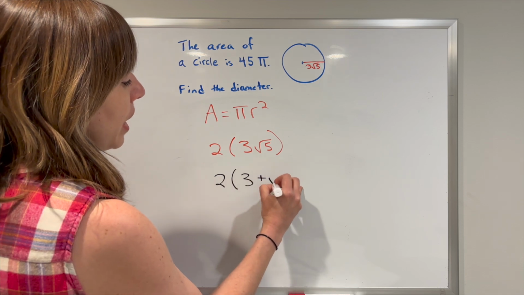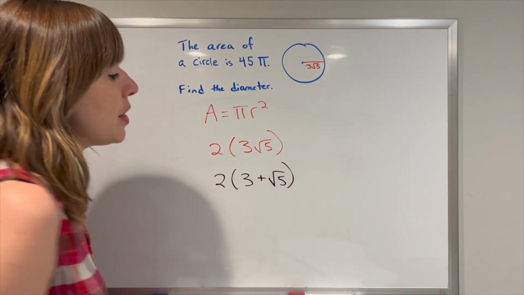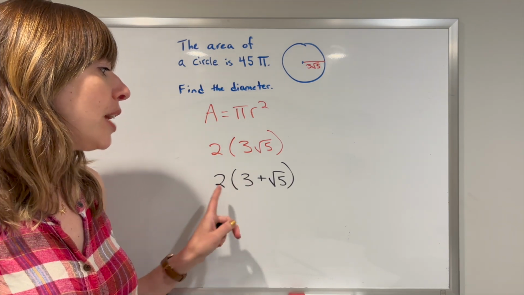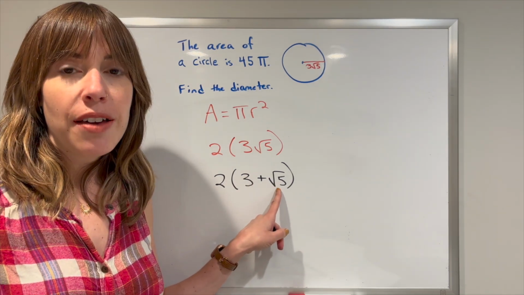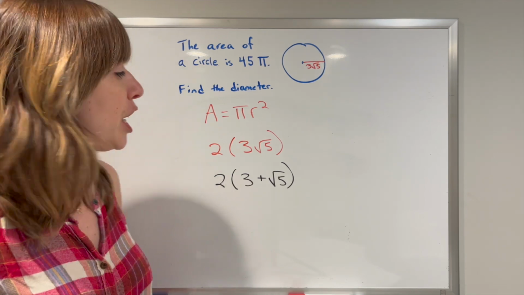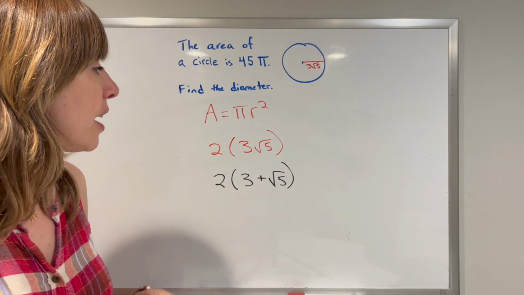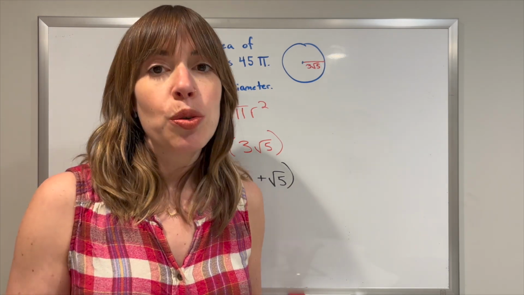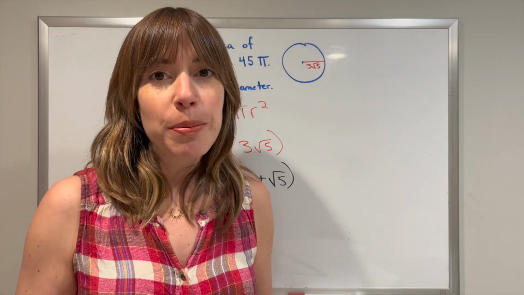If this problem had been 2 times 3 plus radical 5, then we would use the distributive property and double the 3 as well as double the radical 5 and then add them together. But since 3 and radical 5 are connected by multiplication instead of addition, we use the associative property and not the distributive property. So mastery of the basic number properties allows students to answer their own questions, to figure out